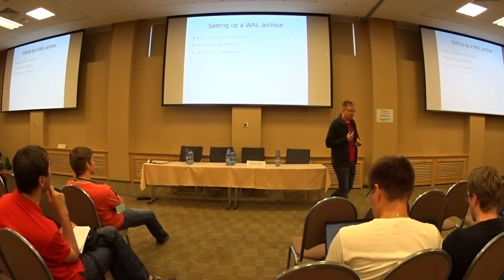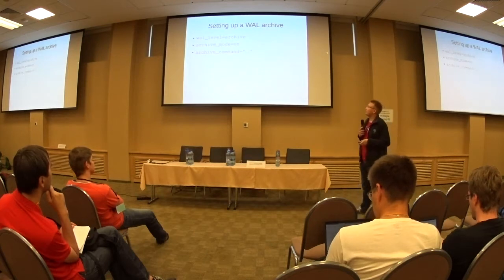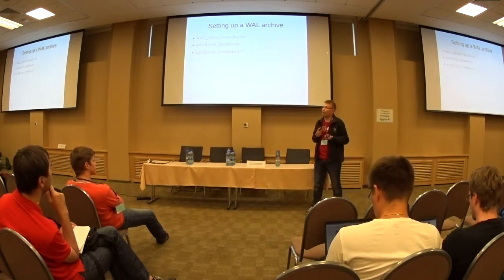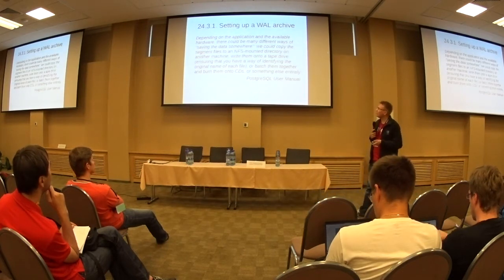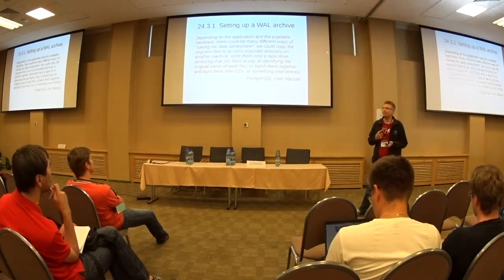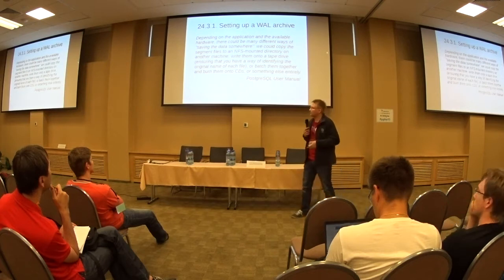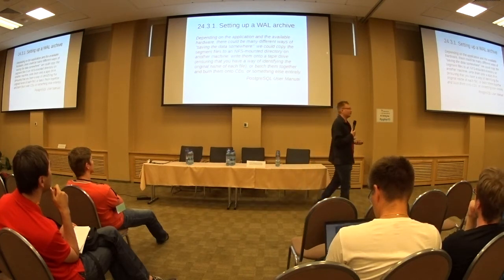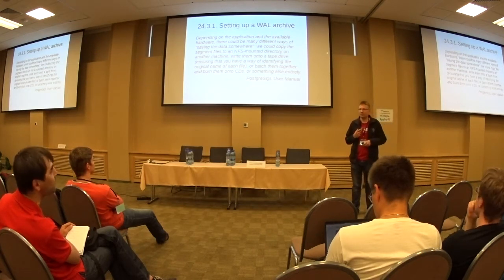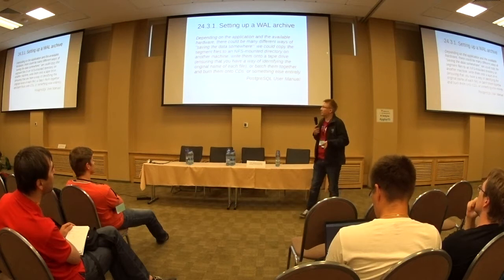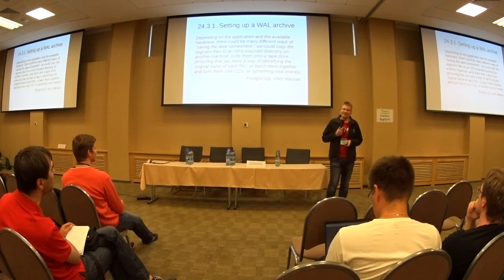It's very simple. The way you do it, as you probably all know, is you set wal_level to archive, and you set archive_mode to on, and then you put something in your archive_command. Simple enough. But what do you actually put in your archive_command? There is this blurb in the user manual which says you can put whatever you want in your archive_command. You can put an scp command there to copy the WAL files to another server. Maybe you have an NFS mount, you can copy them there, or burn them on CDs or whatnot. I've never actually heard of anyone do that.